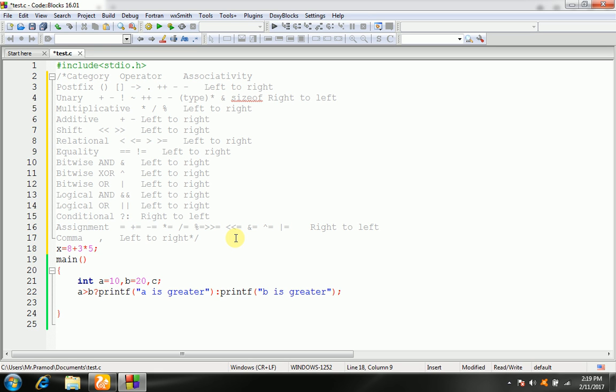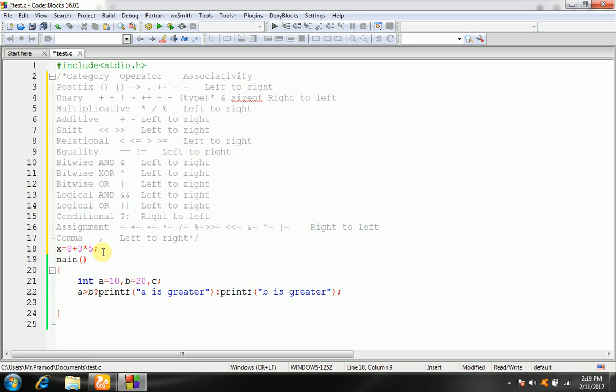Here x is assigned a value 23, not 55, because the multiplication operator has a higher precedence than plus.